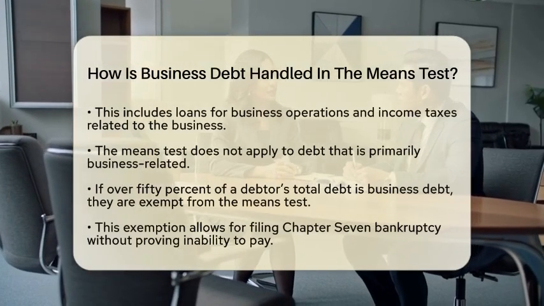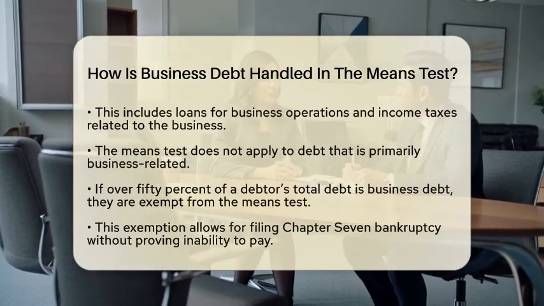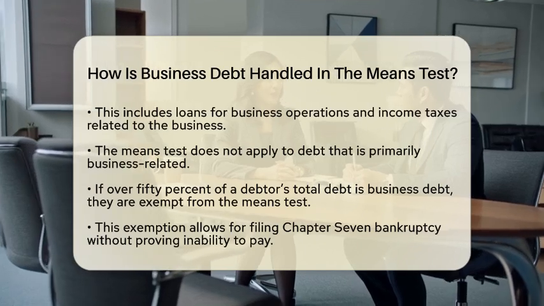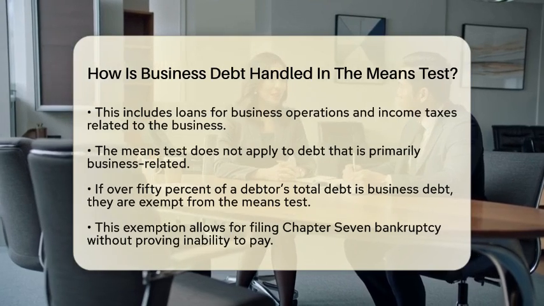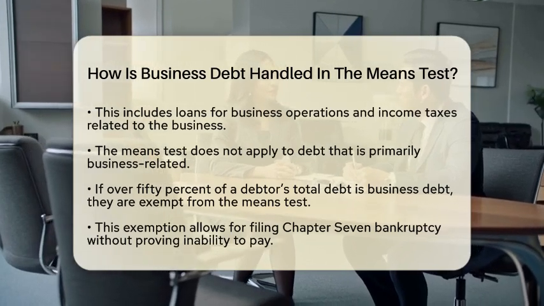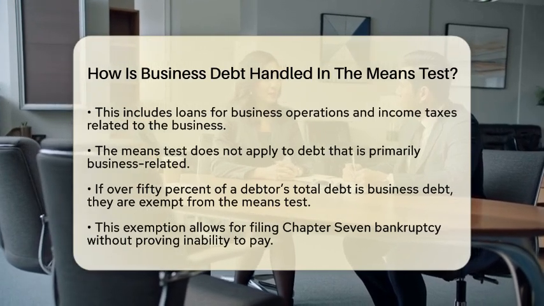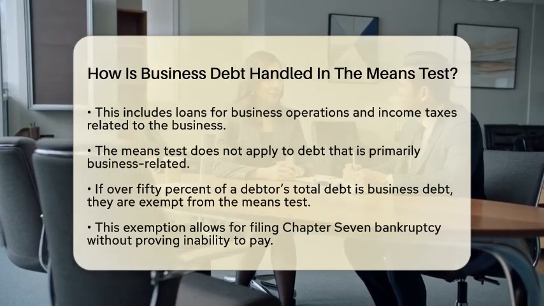If more than 50% of a debtor's total debt is classified as business debt, they are completely exempt from the means test. This means they can file for Chapter 7 bankruptcy without needing to prove their inability to pay based on the means test calculations. This exemption acknowledges that business debts are often tied to commercial activities and do not necessarily reflect a debtor's personal